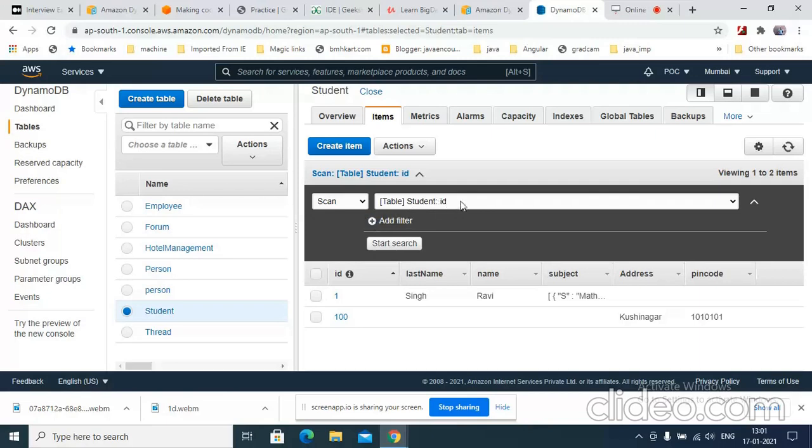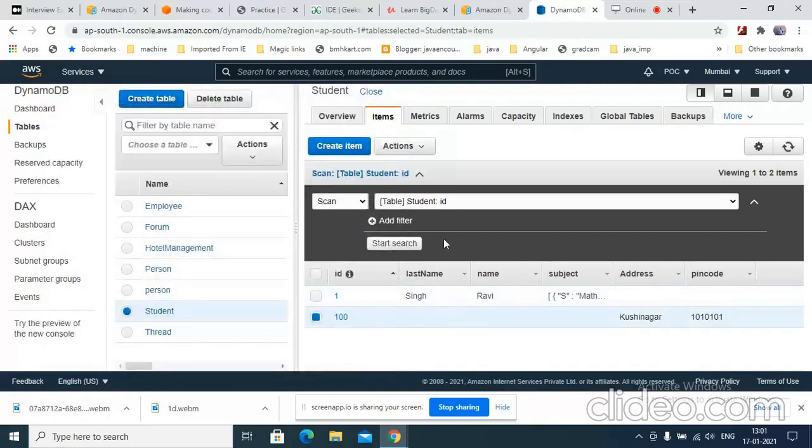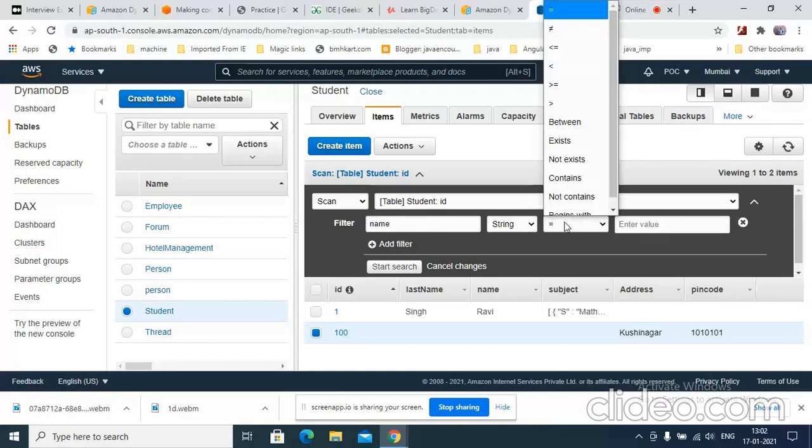Suppose I want to add some filter, like give me those records whose name is, I mean the attribute value, the type of the attribute value, whether it is equal, doesn't matter, is it contain or anything.